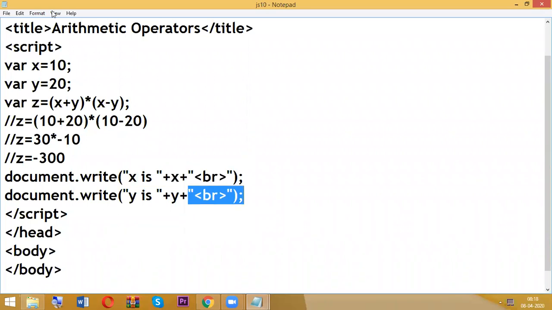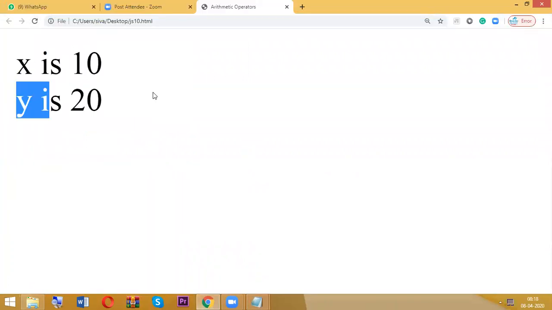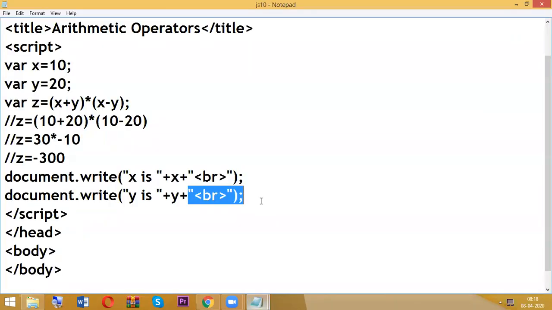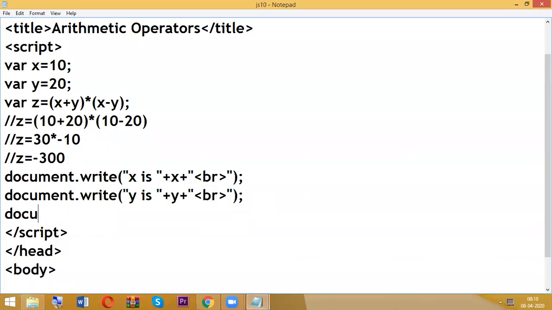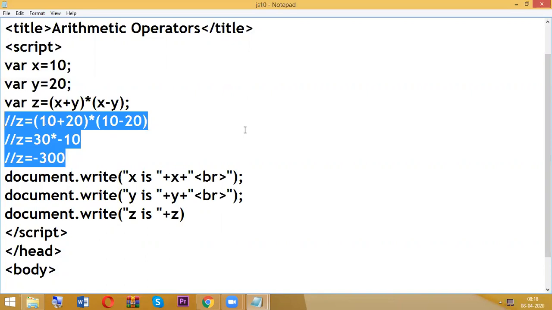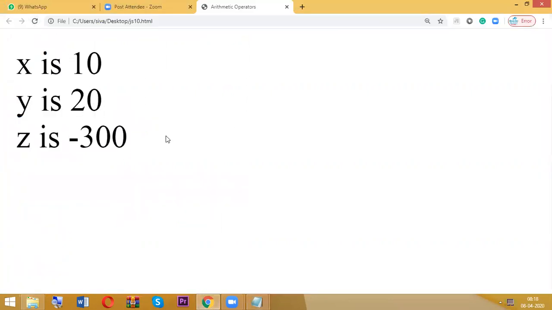That's the reason there also I wrote BR. So x value is 10 and y value is 20. So next, document.write, z is z. What is the result of z? Minus 300. Whatever I wrote inside the single line comment will not display in our browser. That is just for our reference. So z value is minus 300.